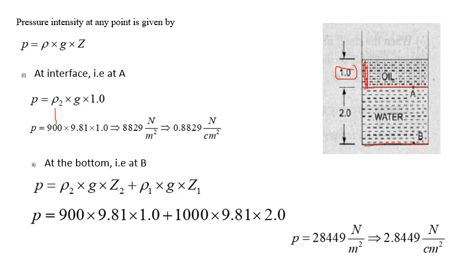Now see the variation of the pressure at the interface of these two liquids as well as at the bottom of the tank. From this we can analyze that the maximum pressure is available at the bottom of the tank when compared to the interface. That means the total pressure acting on the bottom includes the pressure intensity from the oil as well as the water. So this is the solution to find out the pressure at different locations in a tank.